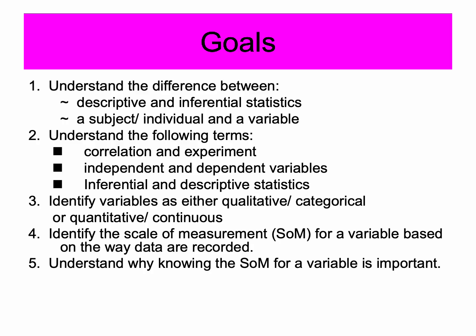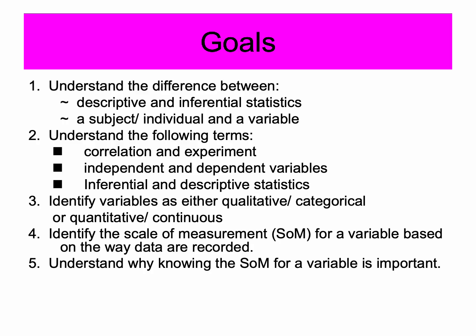So for the first unit or so, even most of the second unit, we'll be talking about descriptives, and our goal is to move into inferential statistics to be able to analyze the data that we have, make some conclusions, and generalize that to the population. We will also be talking about subject or individual variables and different types of variables in general,